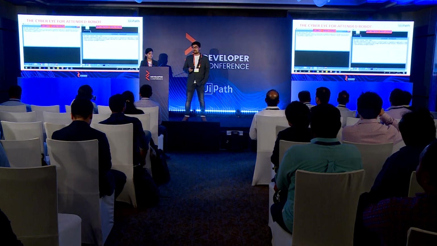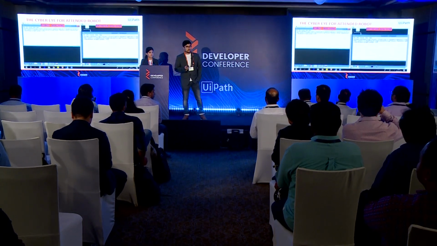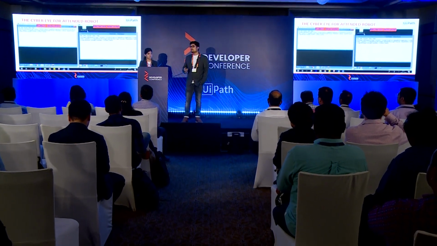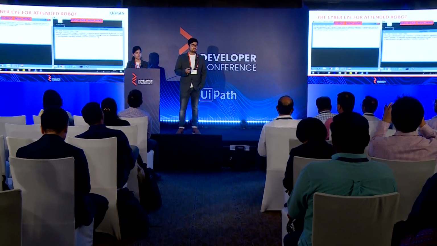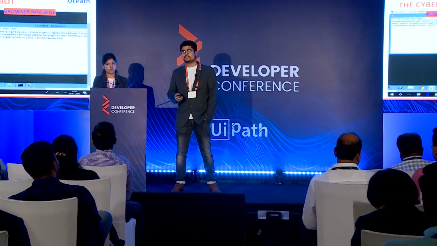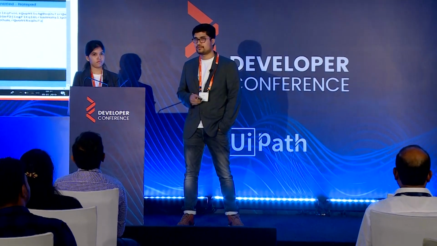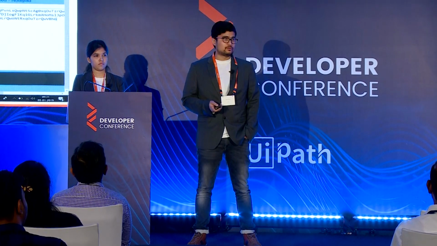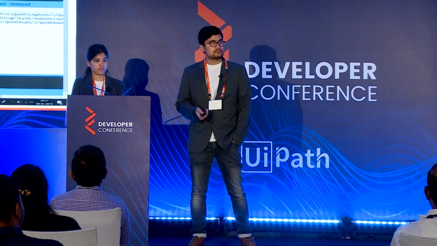Another scenario could be auditing. As we all know, during auditing, auditors want to randomly check what the robot is doing. Using this tool, they can visually see what the robot is doing, and that too without interfering with the execution of the robot. Well, you might say the robot I have shown you here is an attended robot, the reason being I ran it from the robot tray.